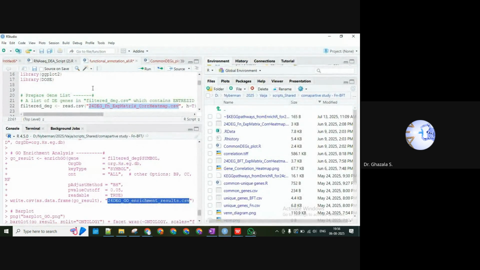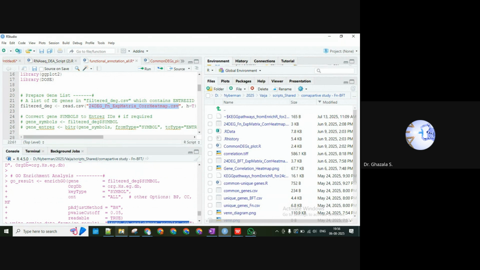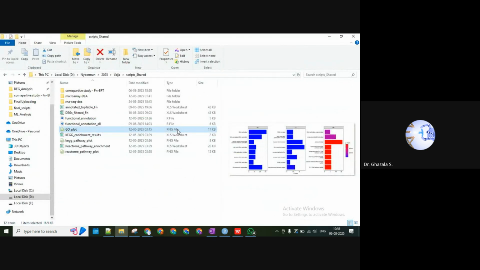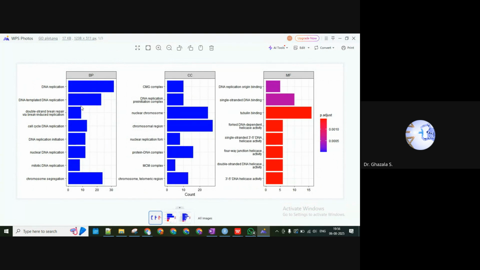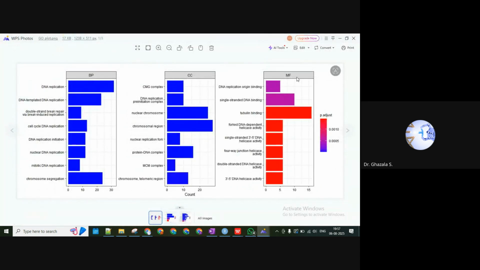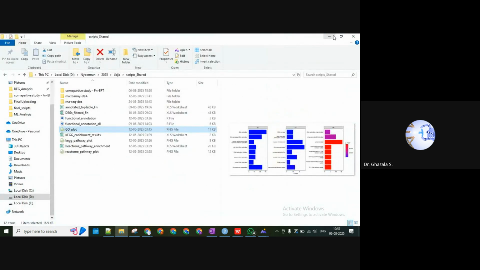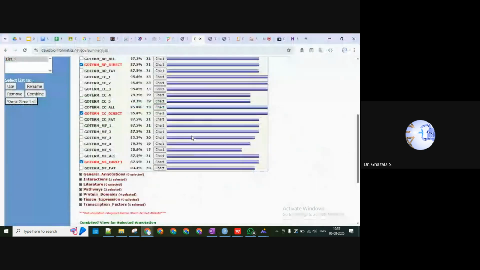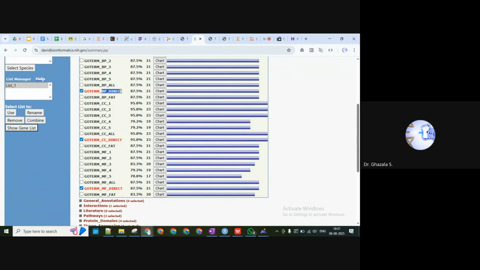I shared the R script with you where we are doing functional annotation, and for the same thing, we are getting the results. So these results which we got are not from Enrichr. The same thing we are doing now in DAVID. You just need to download the tabular data and generate these figures. We already used the tool and generated these figures. So you don't need to do DAVID annotation again because you already have biological process, cellular component and all. But still, if you want to see how to do functional annotation with DAVID, let's proceed. First we will check for biological processes where your genes are involved.